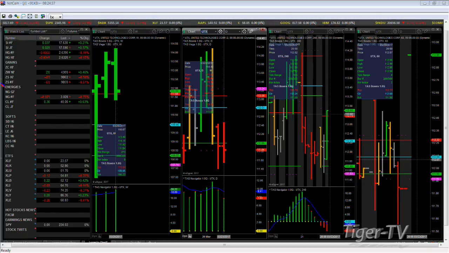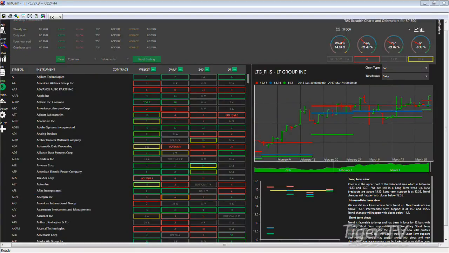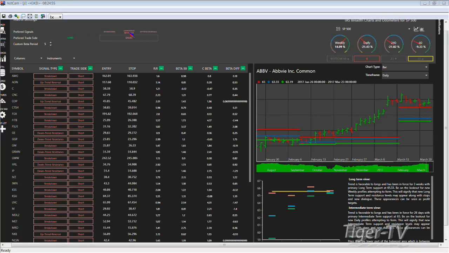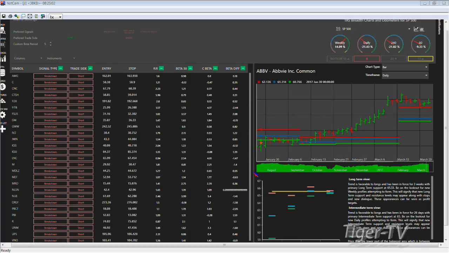So as we look at a couple of custom sorts, I just want to go in the matrix and hit them really quick. Excuse me. Let's just take a look at some shorts here. Let's just block out the longs. Let's just look at some custom sorts. Let's just look at some breakdowns here. Wow. So quite a few stocks long-term starting to hit breakdown mode.